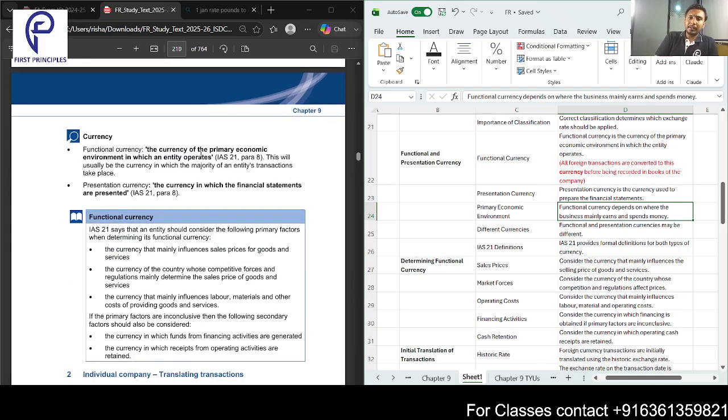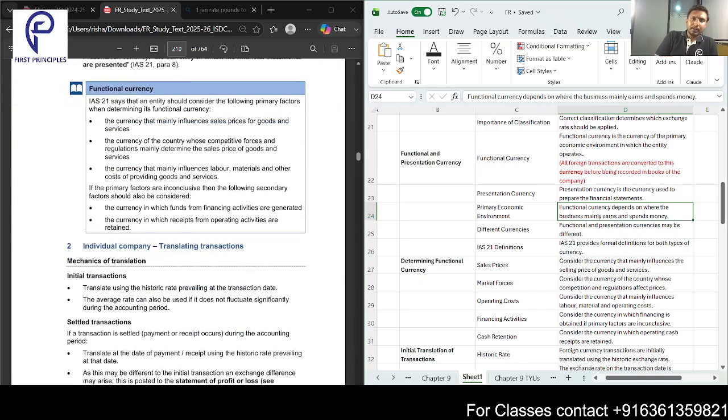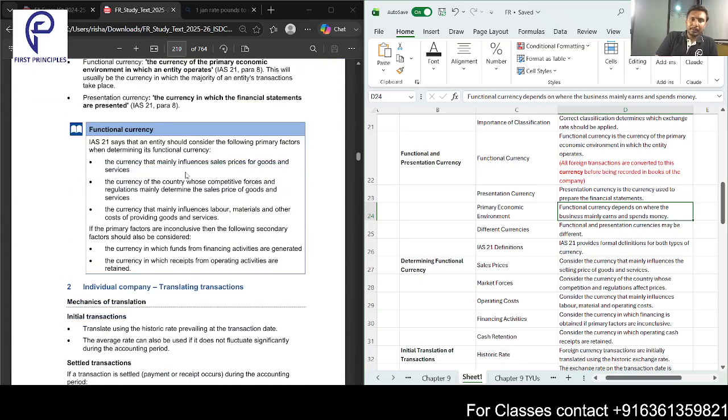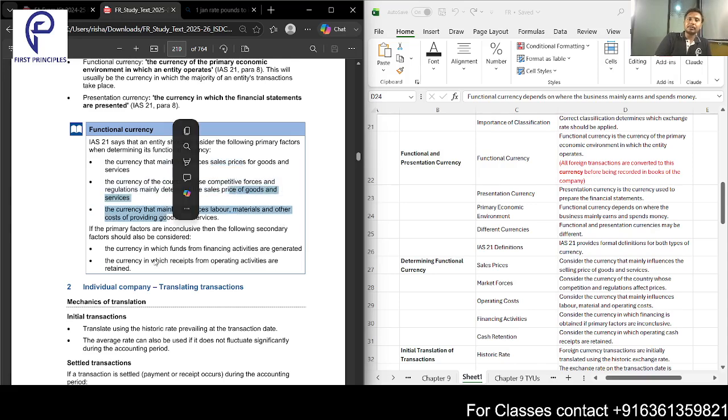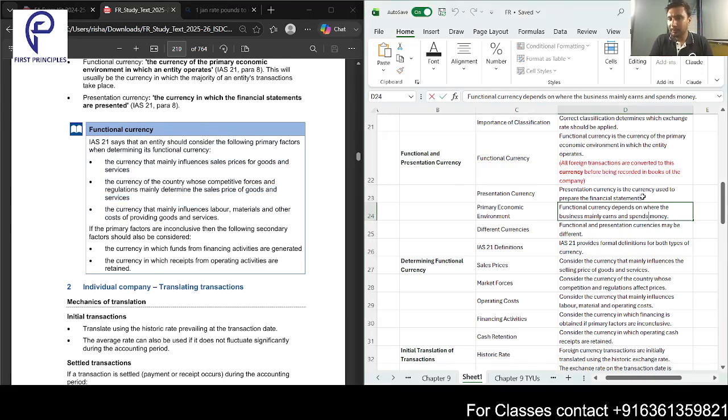The primary economic environment in which the entity operates, this will usually take place. And how do you get the primary economic environment here? The currency which mainly influences the sales price. Mainly, the currency whose competitive forces affect the sales price the most. This is on sales price. And second, secondary factors. Okay, so they've given these for deep understanding. This will be more in SBR, but I will just tell you that when you want to determine the functional currency, what you will do